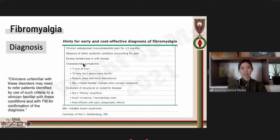Here are just hints for early and cost-effective diagnosis of fibromyalgia. Patients usually say these: I hurt all the time. I feel that I always have the flu. They always have fatigue. They have sleep and mood disturbances. They may have irritable bowel syndrome. So some patients say they keep on urinating even if they don't drink a lot of water or fluid, and